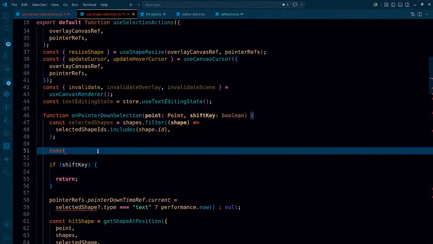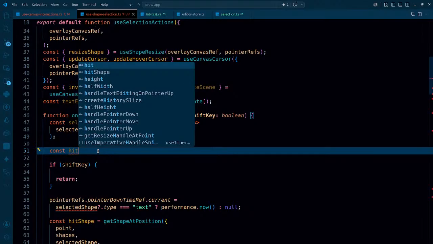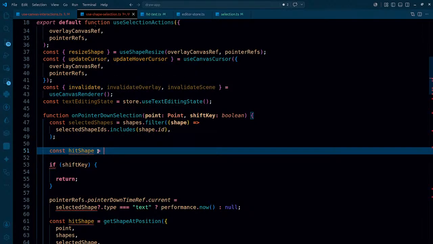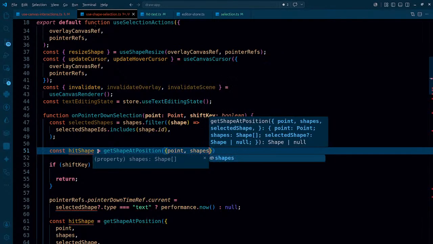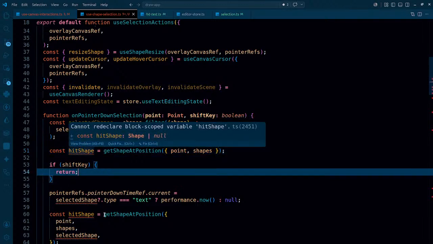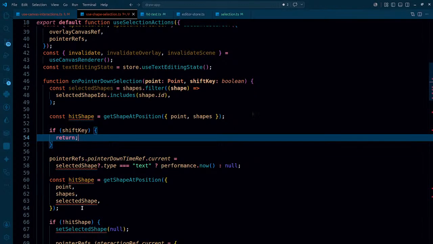That simply means const hitShape, and that's going to be getShapeAtPosition. That's exactly going to be the same. We just need to pass the point and the shapes, and it should be done. Again, everything is done. So we have the hit shape,